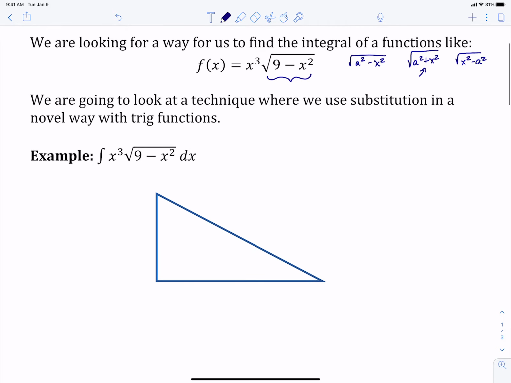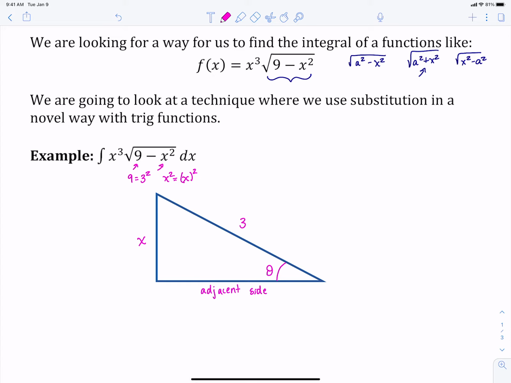So let's set this up with this problem here. We're going to have a triangle here, and we're going to label one of our angles theta. What we're going to do on this triangle is take these values that are underneath our square root. So we've got 9, which is going to be 3 squared, and x squared. Maybe we'll write it like that so we can see how those two are related. And we're going to make x be the opposite side and 3 the hypotenuse. So our adjacent side here,